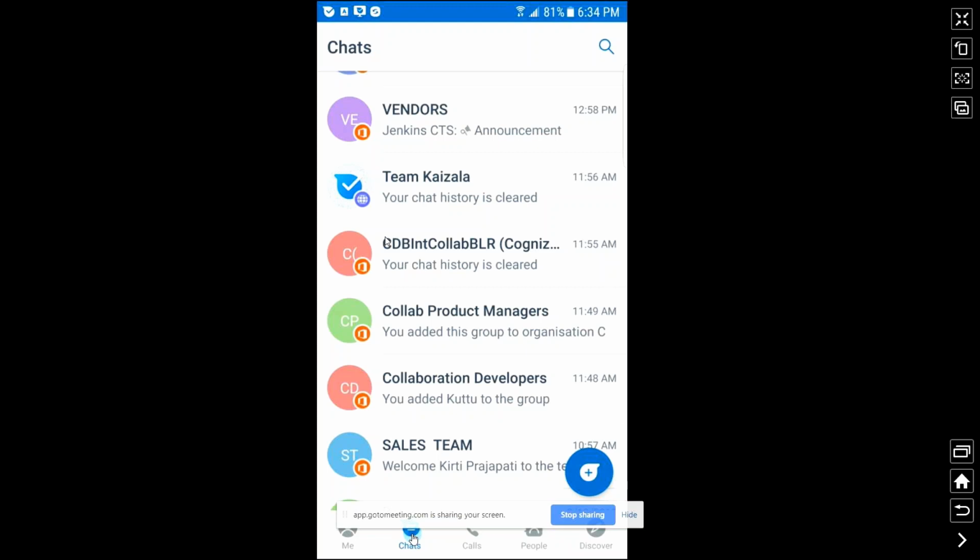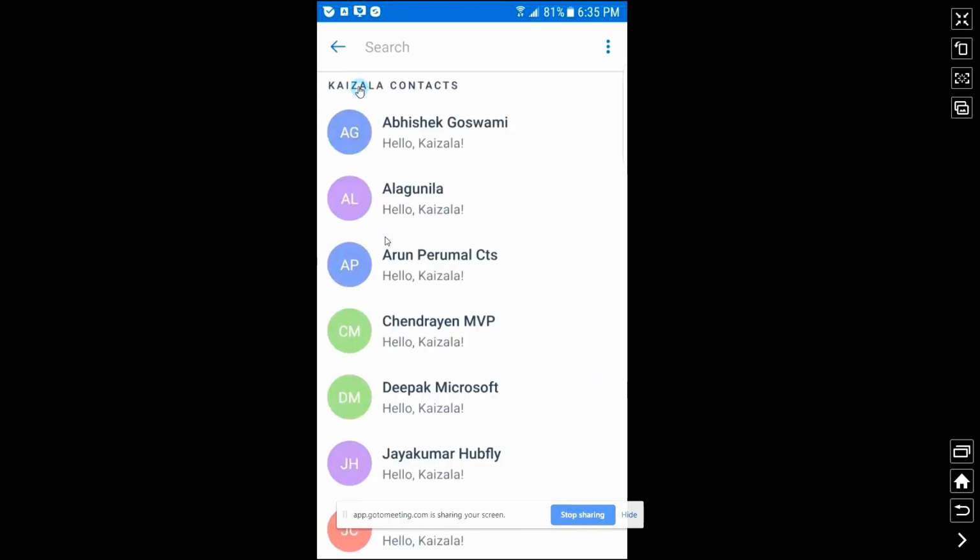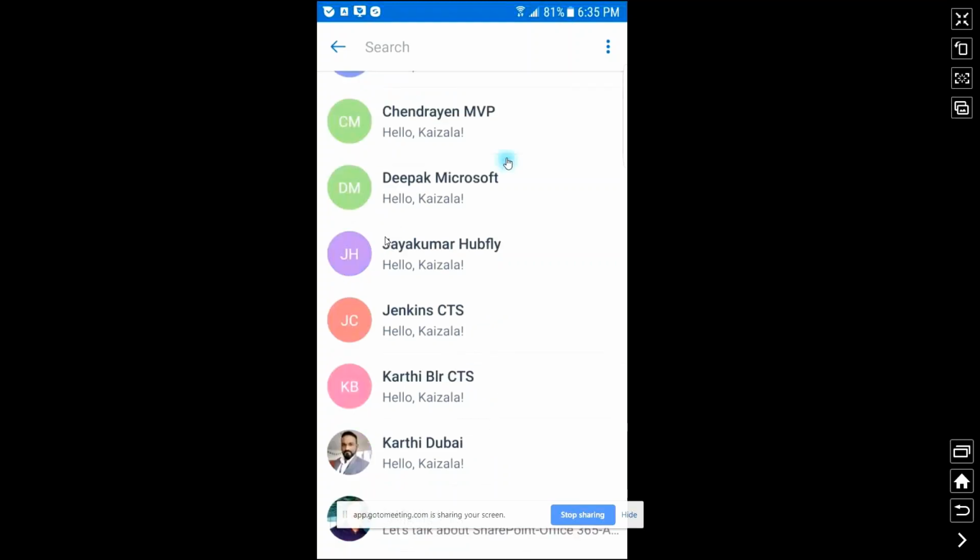So if I need to chat with anyone, you can see a plus button over here, and you can do a new chat, new group, and join group. If I click on new chat, I can connect with people. Here, if you see Kaizala contacts, first it will show all the people who have Kaizala installed on their mobiles. It just gives the Kaizala contacts, and then the other contacts will be shown. So first it shows the Kaizala contacts, and then if I want to chat with someone,